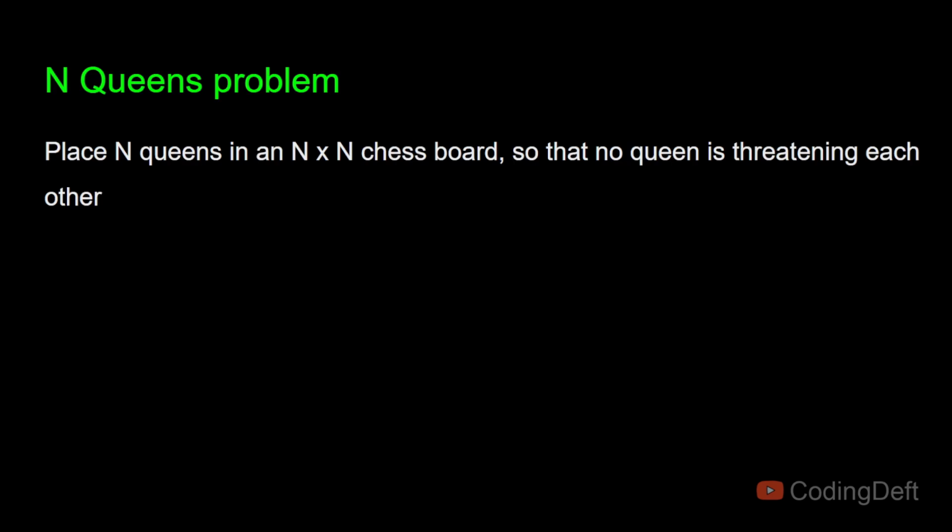In the previous video we have seen the Tower of Hanoi problem. In this video we will see the n queens problem. So what is the n queens problem? The n queens problem is to place n queens in an n by n chessboard so that the queens don't threaten